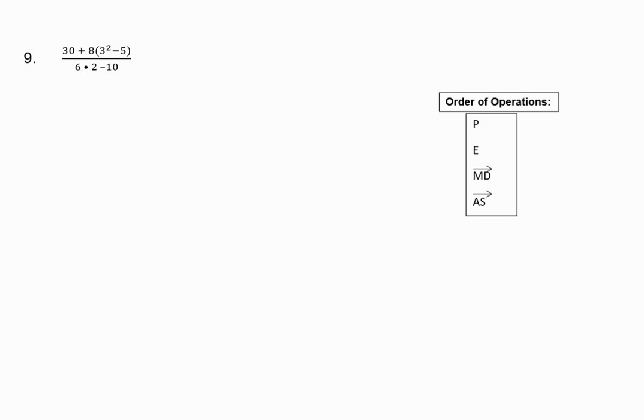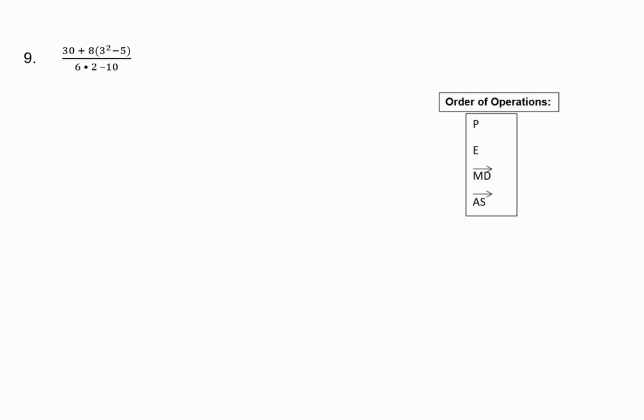Okay, problem 9. You notice I have a big division bar. Well, that big division bar is a grouping symbol. So what we're going to do is work on the top part of the fraction and the bottom part of the fraction separately, and then wait to the very end to simplify our fraction. So the first thing I'm going to do is what is inside these parentheses. And within the parentheses, I still have to follow my order of operations. So I'm going to be doing my